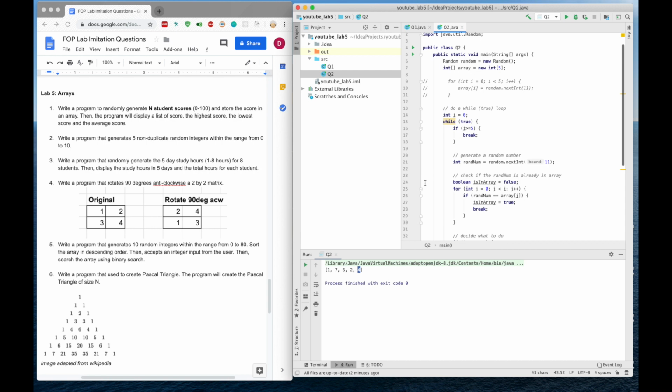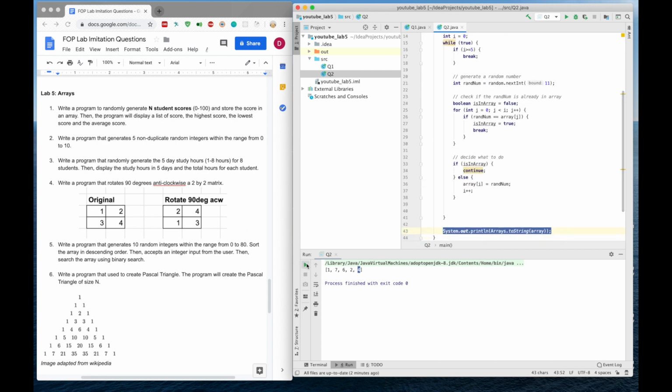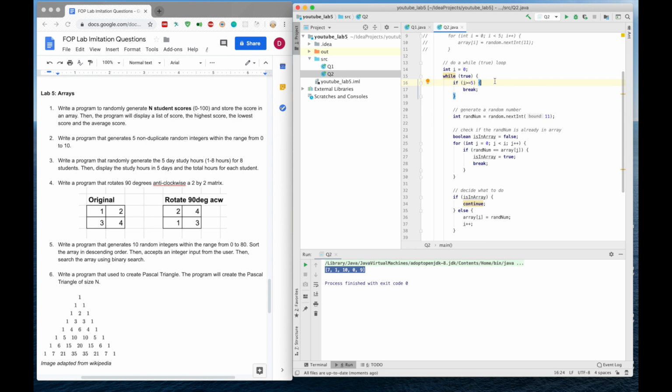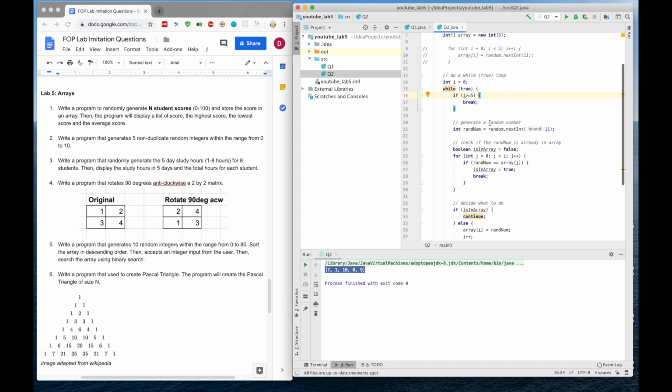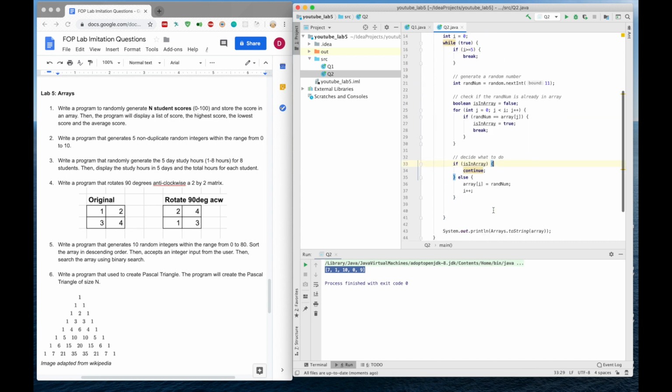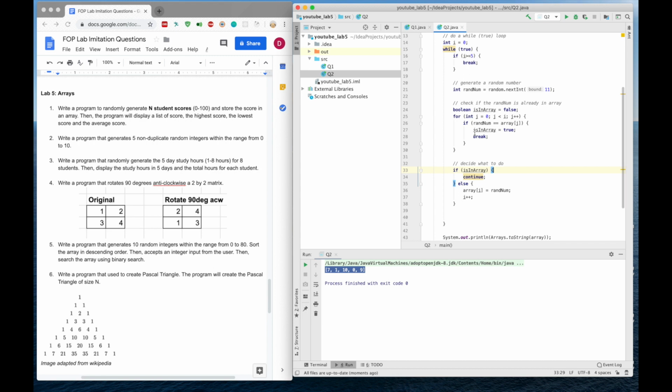Okay, so this is for question 2. If you are observant, you should notice that sometimes it takes a slightly longer time to generate these 5 elements, because this code can actually theoretically run forever, because there is a very small probability that we can keep generating the same number over and over again. So this code is not the best, but it works for small arrays, and we are actually betting on the probability that we would eventually generate